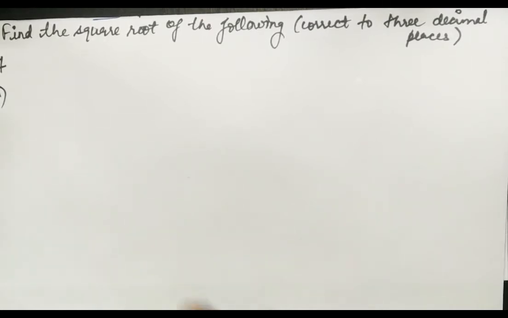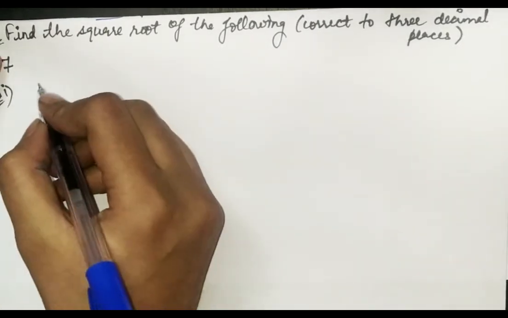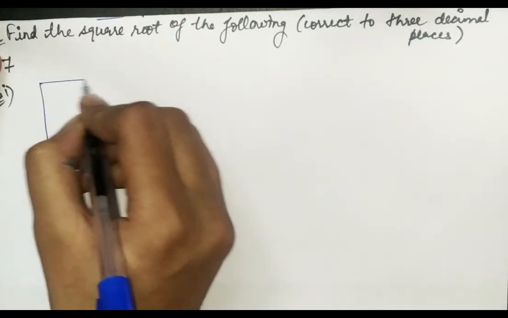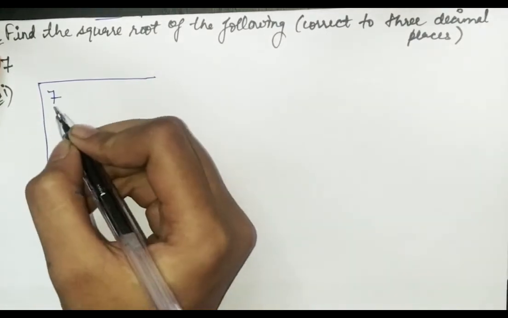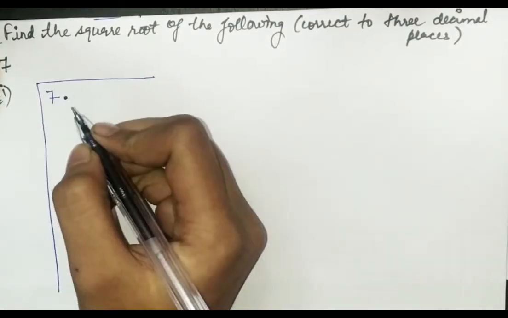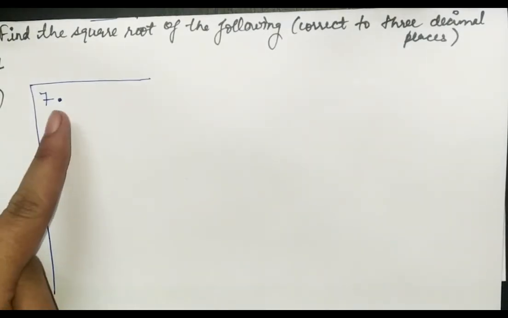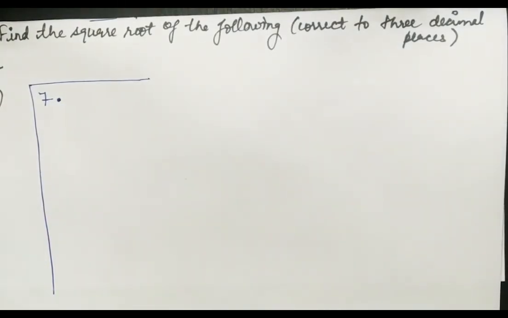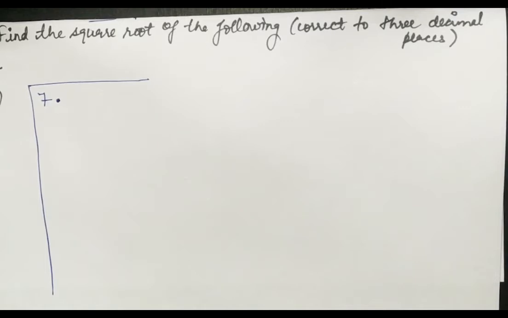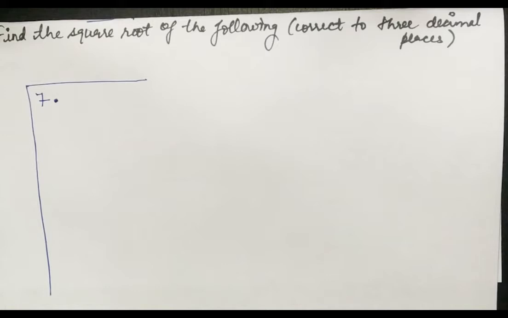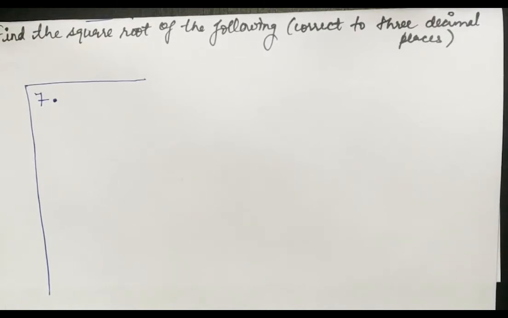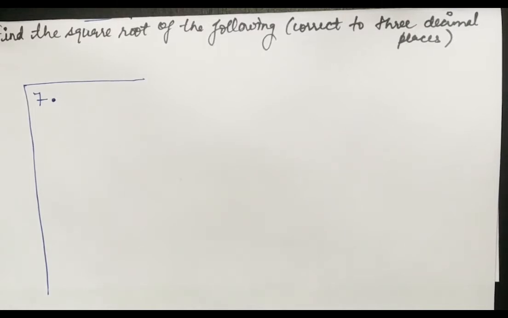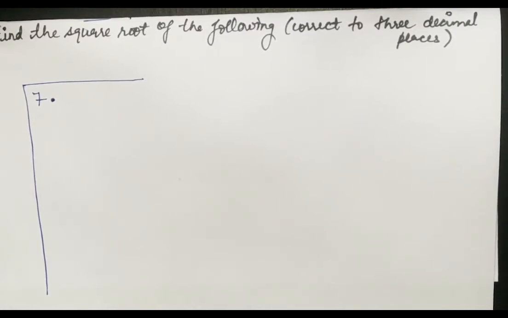First you have to do the square root of 7 only by long division method. So 7. Now you will be wondering that there is only 7, how to make the other pairs. You just have to put decimal here and put zeros, but there should be 4 pairs of zeros. You can take 3 pairs also, but I will suggest you 4 pairs, and then we will round off in the answer at the end.